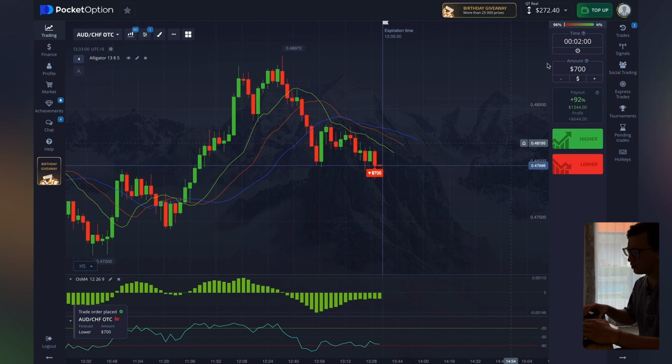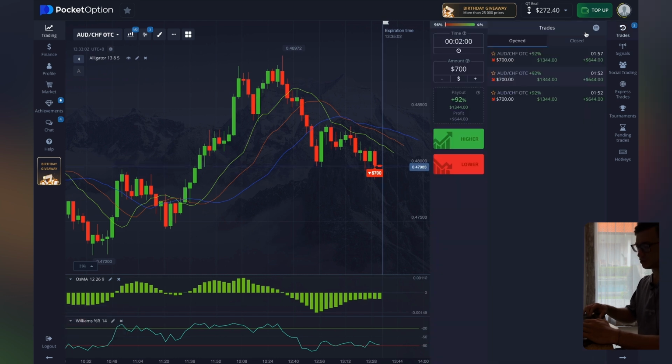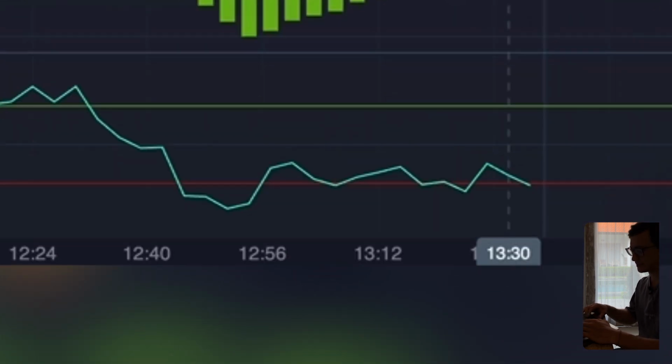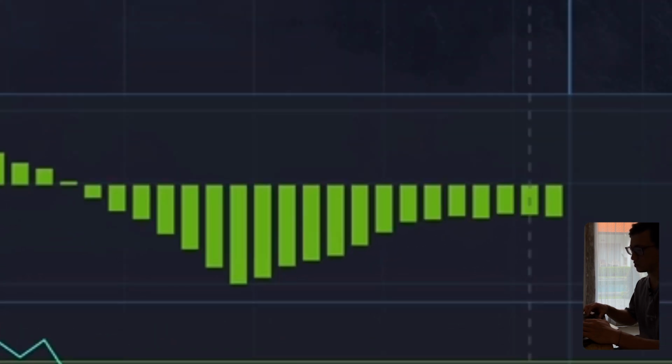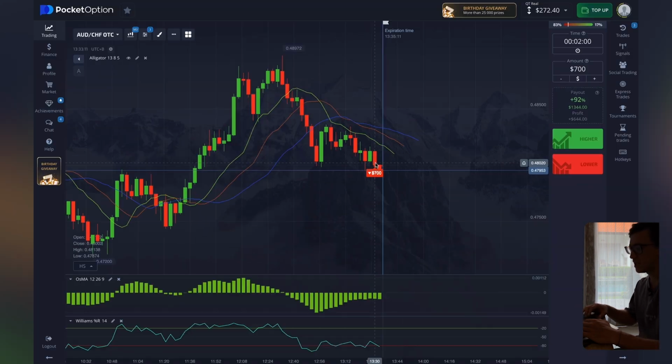So here all three indicators show us a bearish trend. If we look at Williams, everything is clear. Its line is clearly directed downwards. The OSMA histogram shows a lower boundary of its candles, and the other indicator with its three lines also clearly shows that the trend is predominantly bearish. And we just wait for profit.